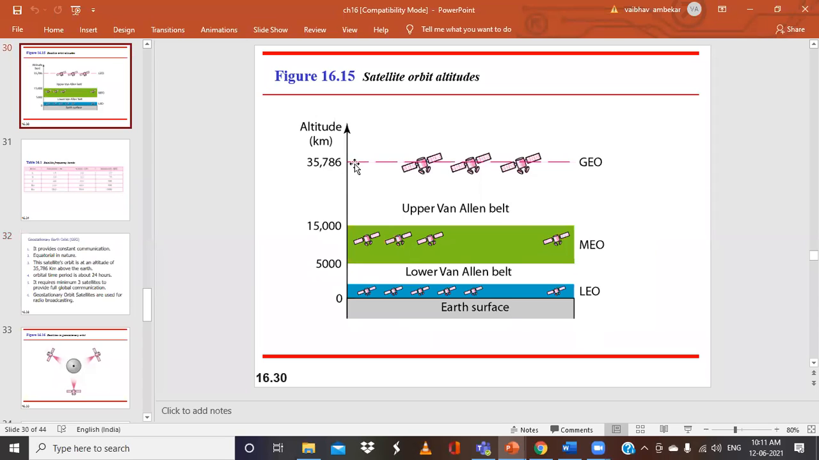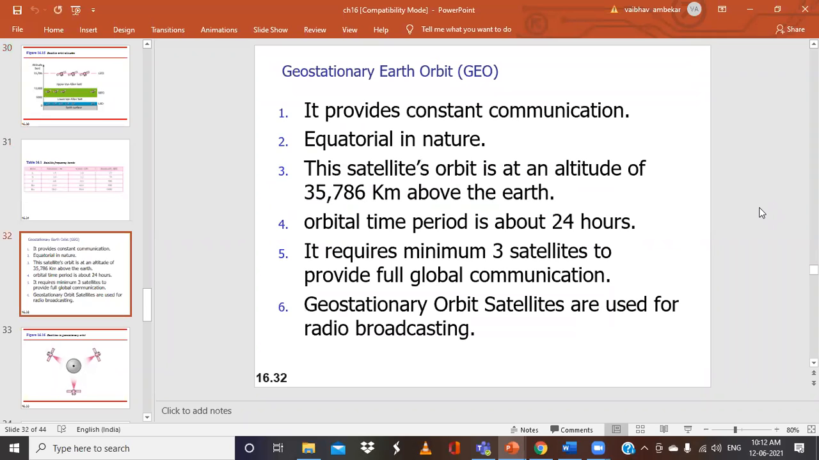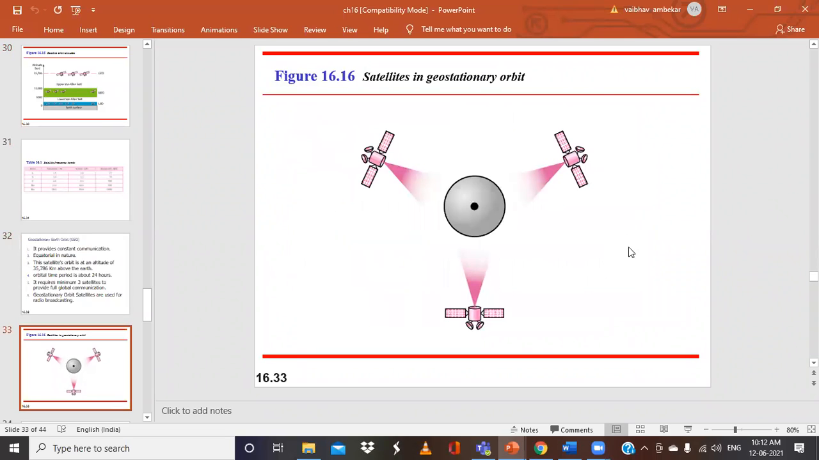So they are placed at the height or distance of 35,786 kilometers. At this height these satellites can be placed, and minimum it requires 3 satellites. Why does it require 3 satellites? So that it can cover all the area of the earth, so that a person sitting anywhere, he can be present here, or he can be present here, or anywhere, he can get the signals